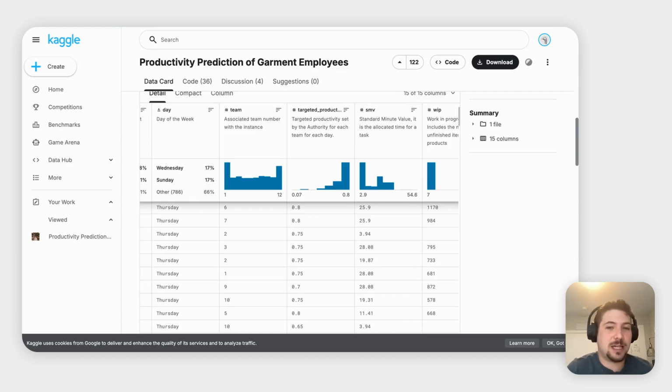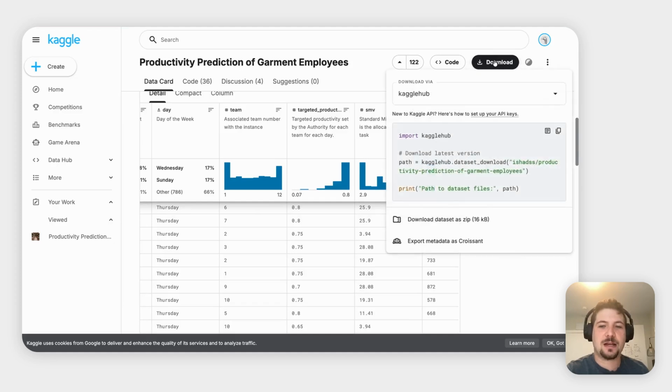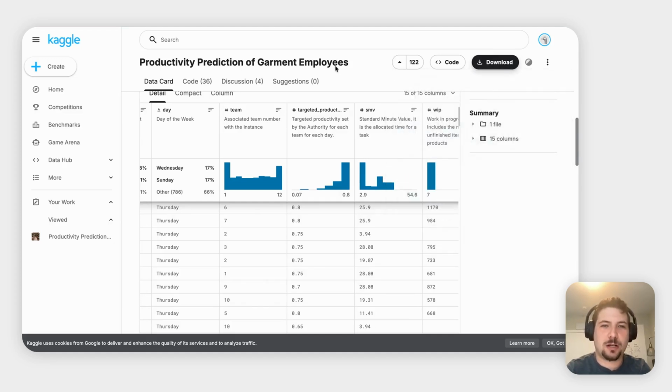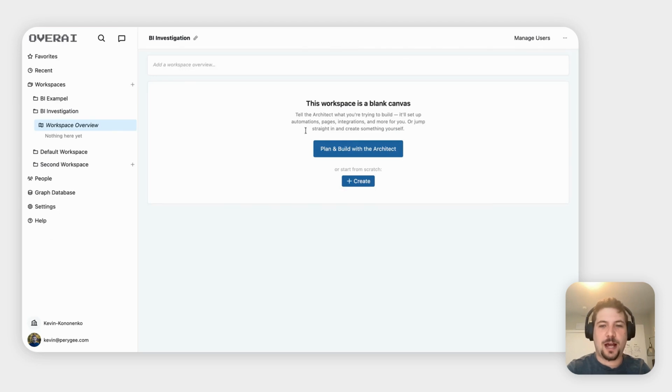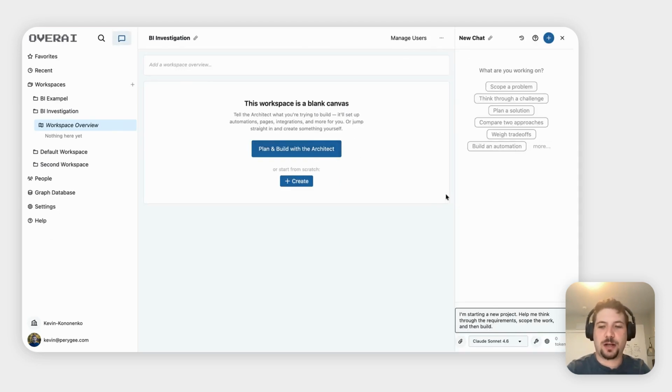So yeah, to quickly set up this project, this is an online kind of competition platform called Kaggle. You can just download the data set. So I downloaded the data set here as a zip file. And so the first thing we'll do to get started is I'll head over to OverAI. I'm going to hit plan or build with the architect. And I'm going to say,